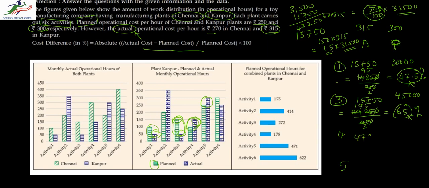So 47250 is the value of actual, and here we have planned as 100. So 100 into 300 is 30,000 again, and therefore the difference, cost difference would be 17,250 by 300, which would be